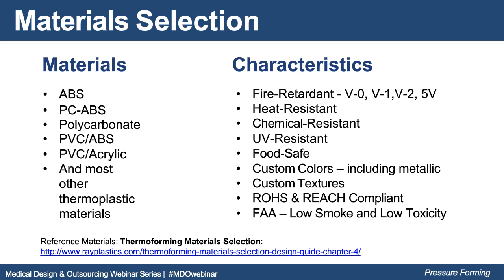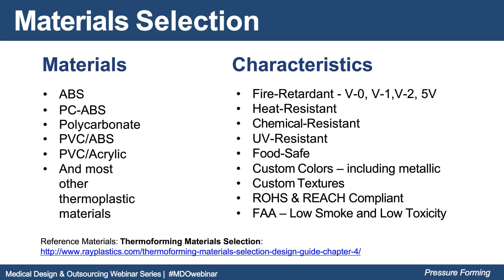Material selection is also very important in pressure forming. As you can see on the left side of this slide, the materials available are any thermoplastic material: ABS, polycarbonate ABS, PVC ABS, PVC acrylic. It runs the gamut with what's available. So keep in mind that your material choices are pretty wide open, and let the finished part requirements drive